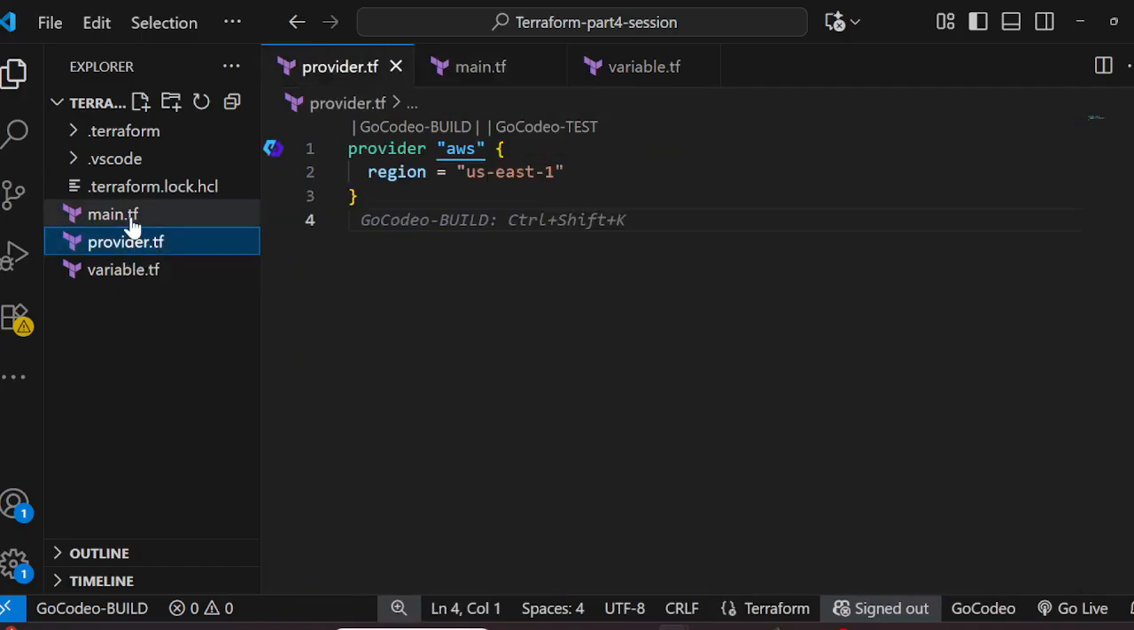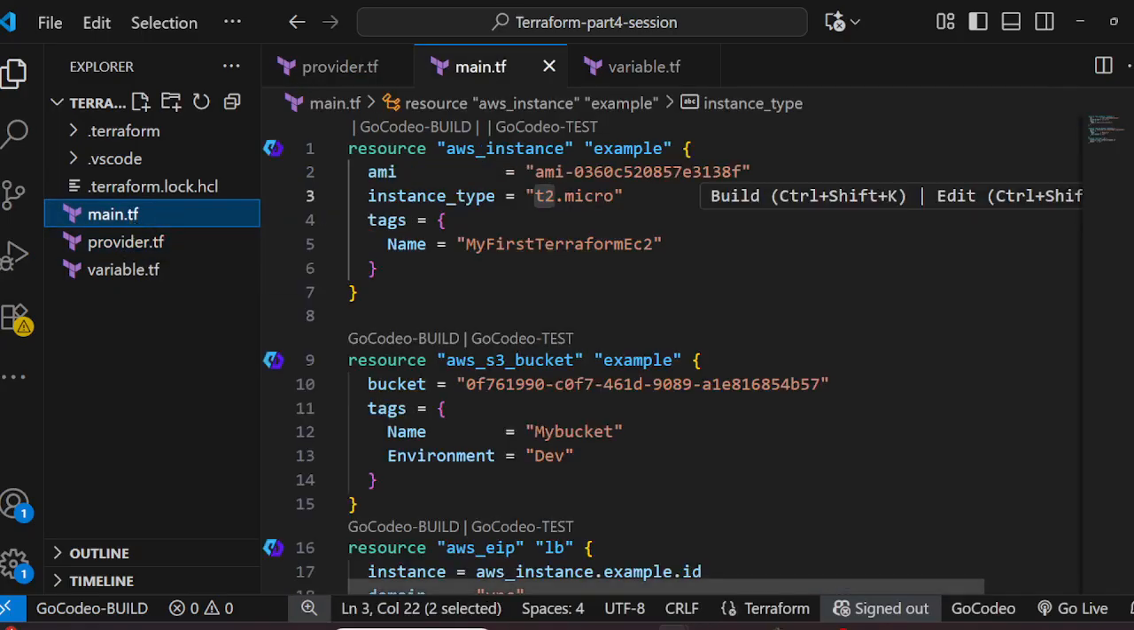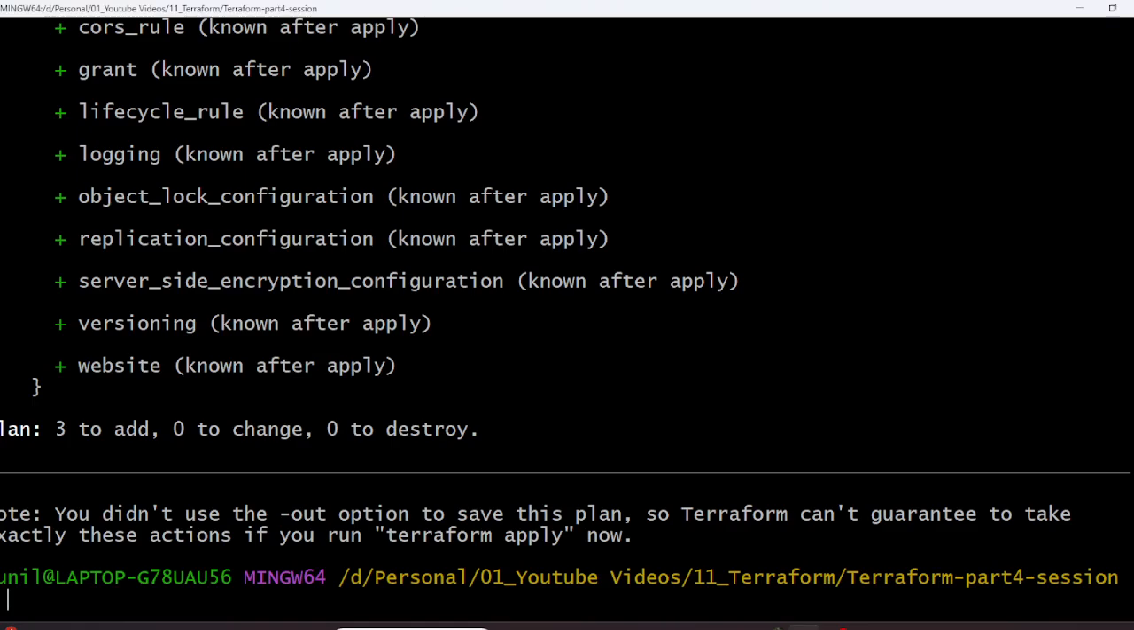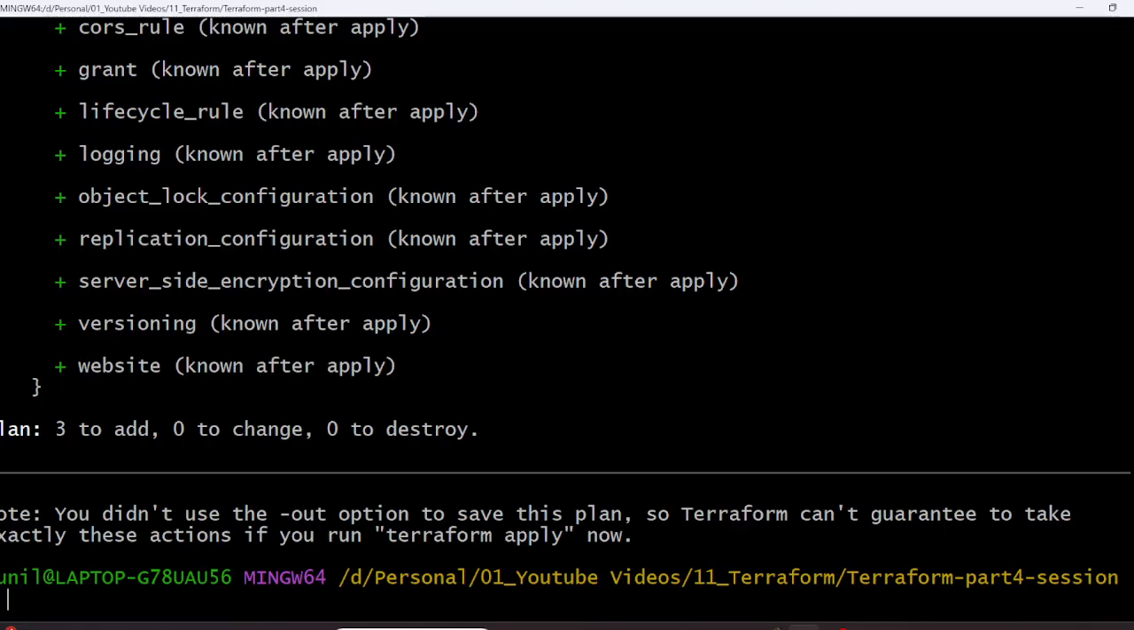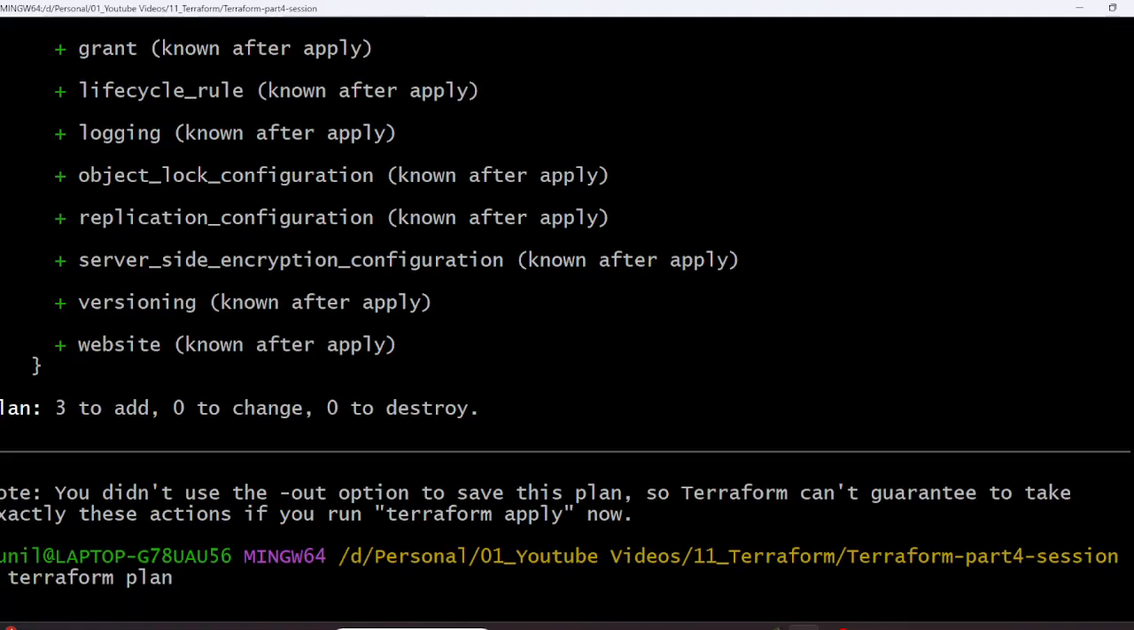I have already added provider.tf and main.tf. I have already run the commands terraform init and terraform plan, so our time can be saved. Right now I have added these variables. Now I'm going to check how it behaves at the time of terraform plan. So let's go and see it. If I say terraform plan,